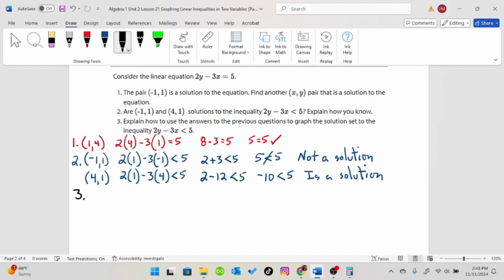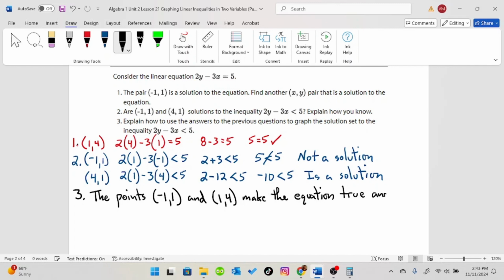What they mean is the points (-1, 1) and (1, 4) make the equation true, and can be used to draw a dashed line boundary,